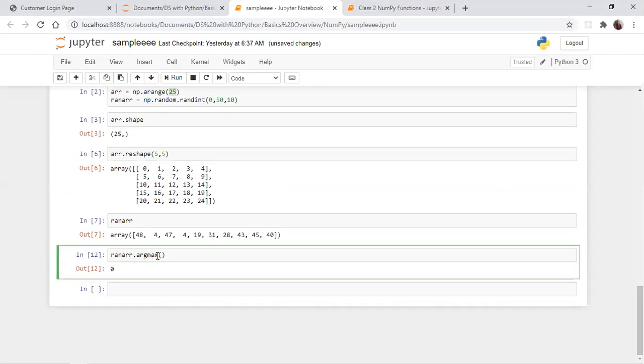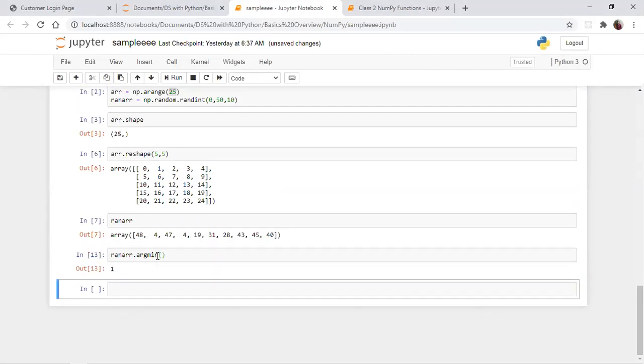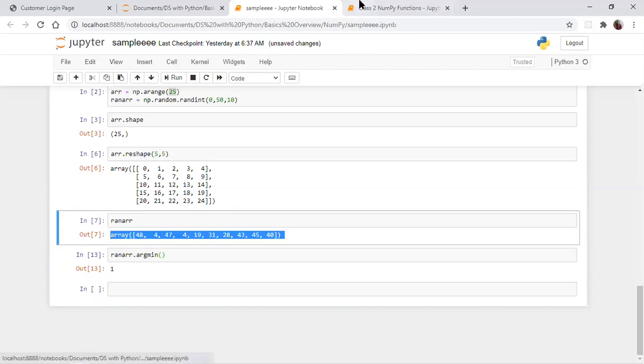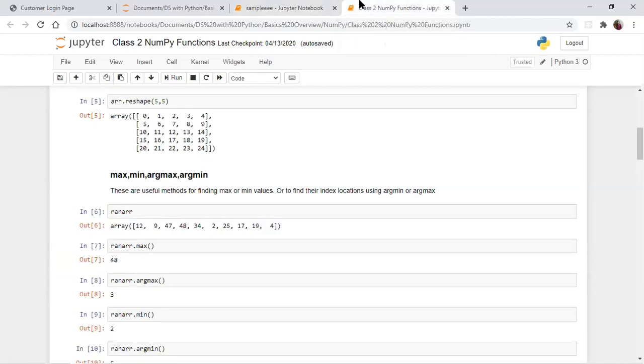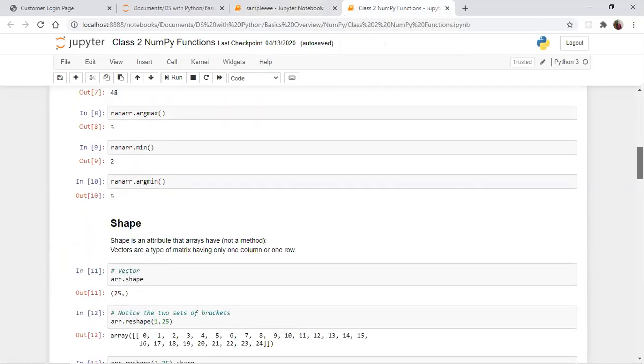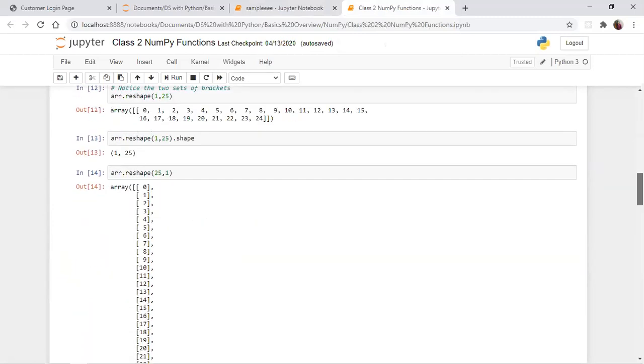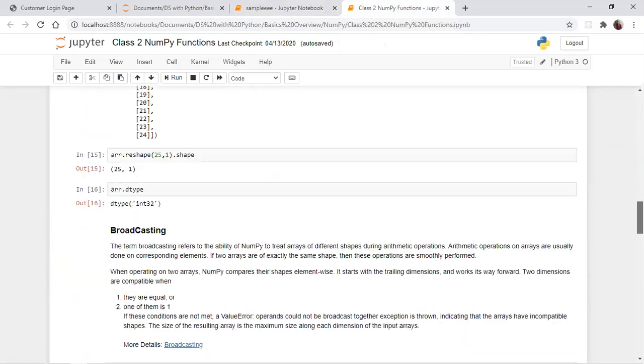The same if you give argmin, it gives the index of the minimum. So this is how argmin and argmax help us. So shape and reshape are all done.